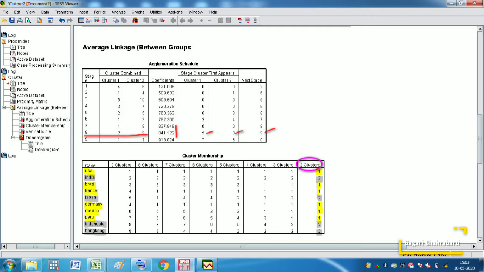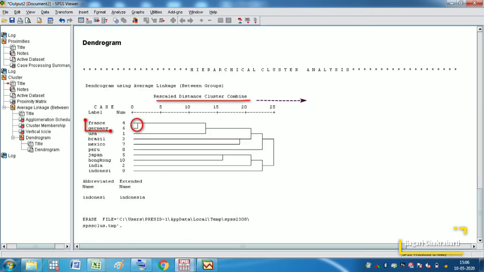Now before we conclude about the optimum number of clusters, let us consider the dendrogram. It shows the distance at which the clusters are formed. The scale ranges from 0 to 25. If clusters are formed at a lower range of this scale, then the members are more similar. However, the clusters formed at greater distance would imply lesser similarity among the cluster members.